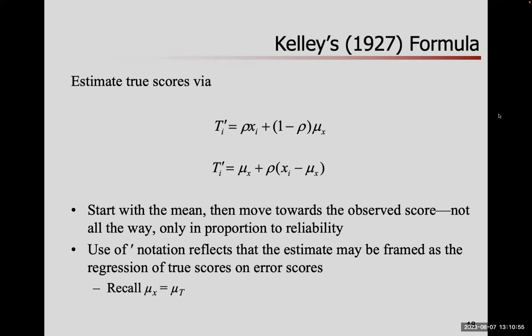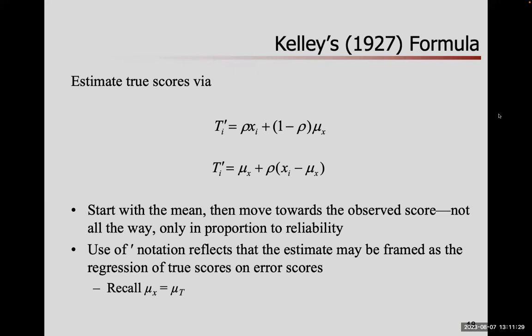It's written in the second expression more like a regression-looking thing where there's an intercept and then a slope times a predictor kind of form. It's the same formula. You can think about it in a few ways, which is you can start at the mean, the average, and then move towards the observed score. If the test is perfectly reliable, move all the way to the observed score because the test is perfectly reliable. To the extent that the test is not perfectly reliable, don't go all the way. Stay a little bit closer to the mean.